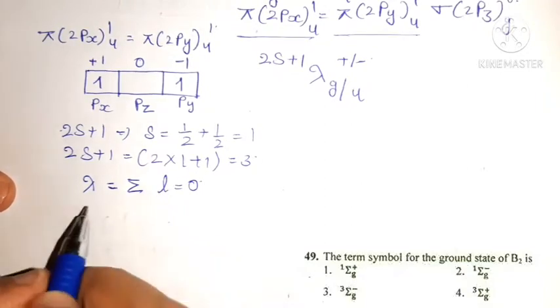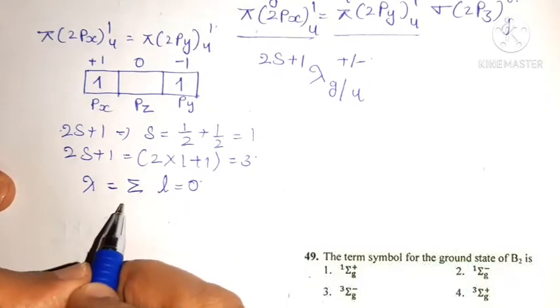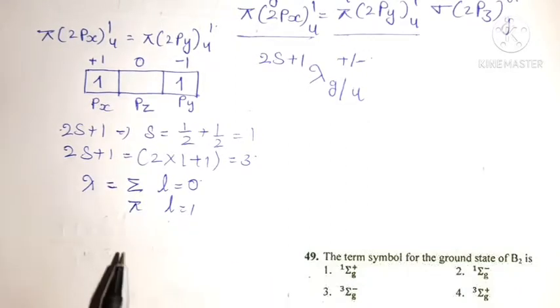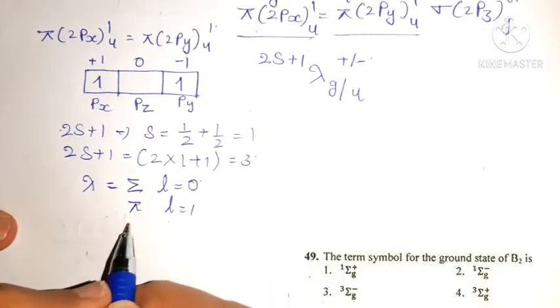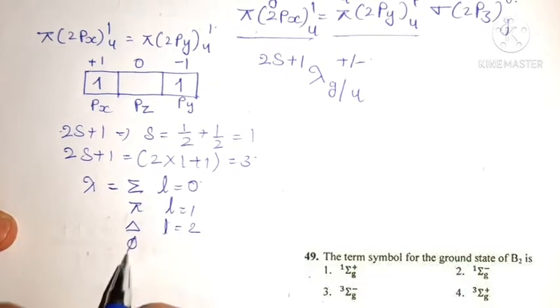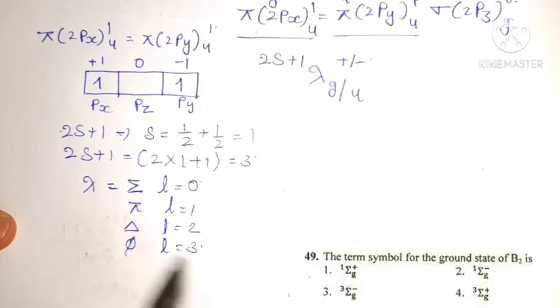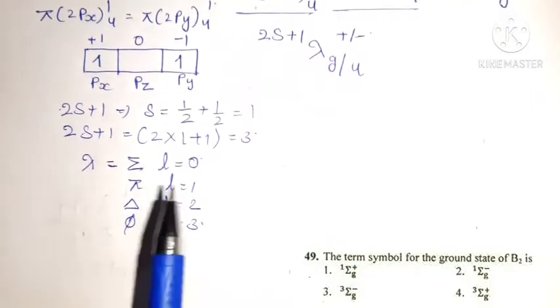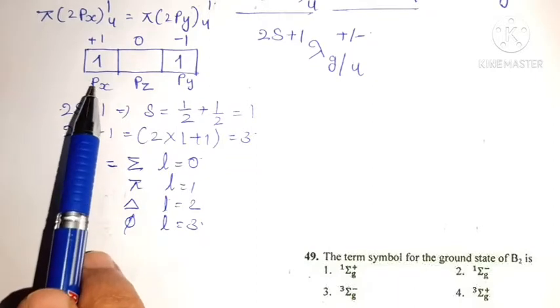Okay, when the value of L is 0, lambda is sigma; when L is 1, lambda is pi; when L is 2, lambda is delta; and when L is 3, lambda is phi. This is the condition. Okay, so in this case we have two unpaired electrons,